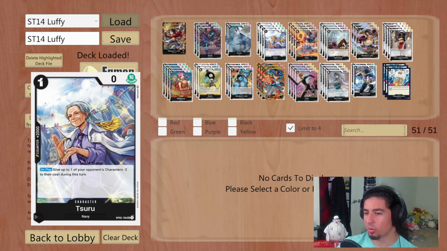Next up, we've got Suru, really just the best 2k counter for most black decks, really just a staple for all the black decks. Just a 1-cost 0-power character, but we do have that on play that allows us to give -2 to cost. So most of the time it's just going to be a 2k counter, but in a pinch